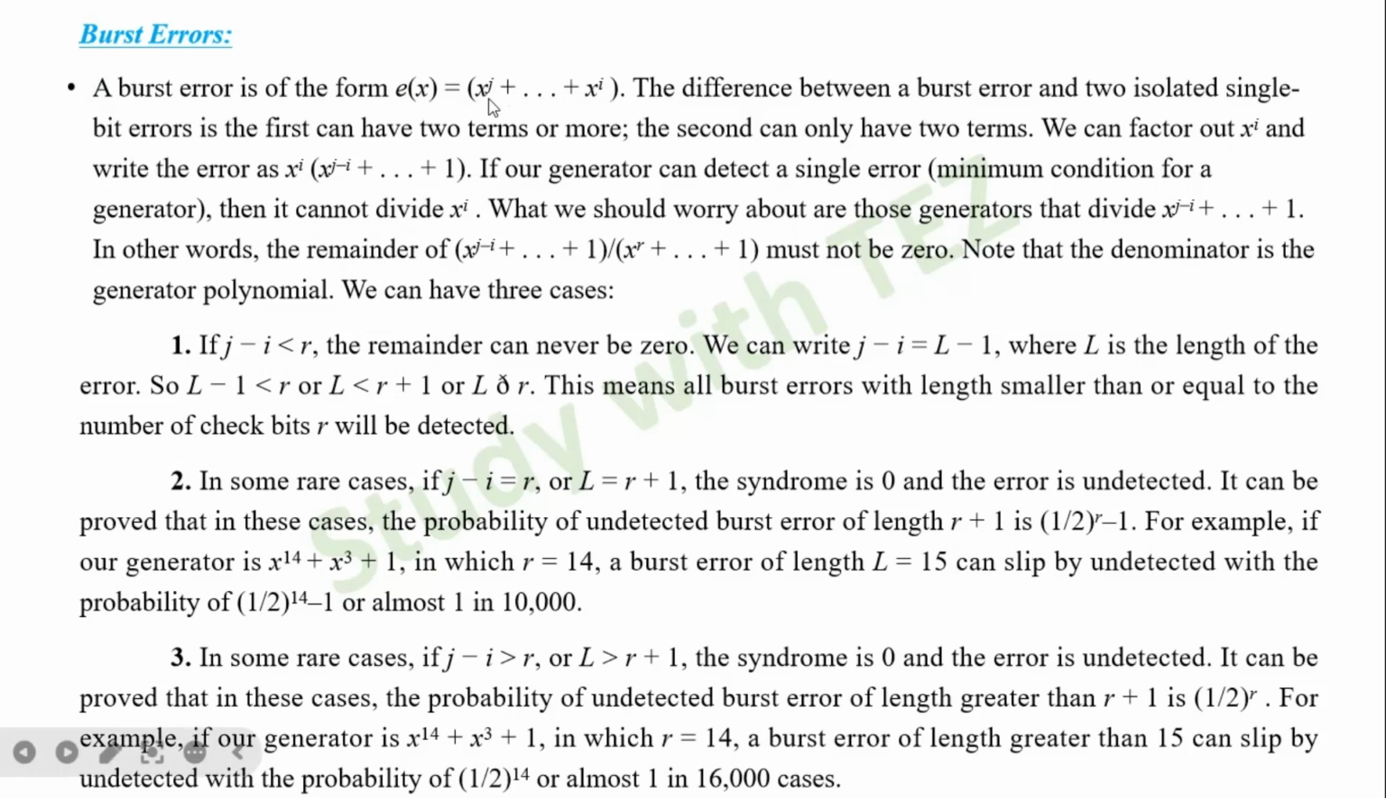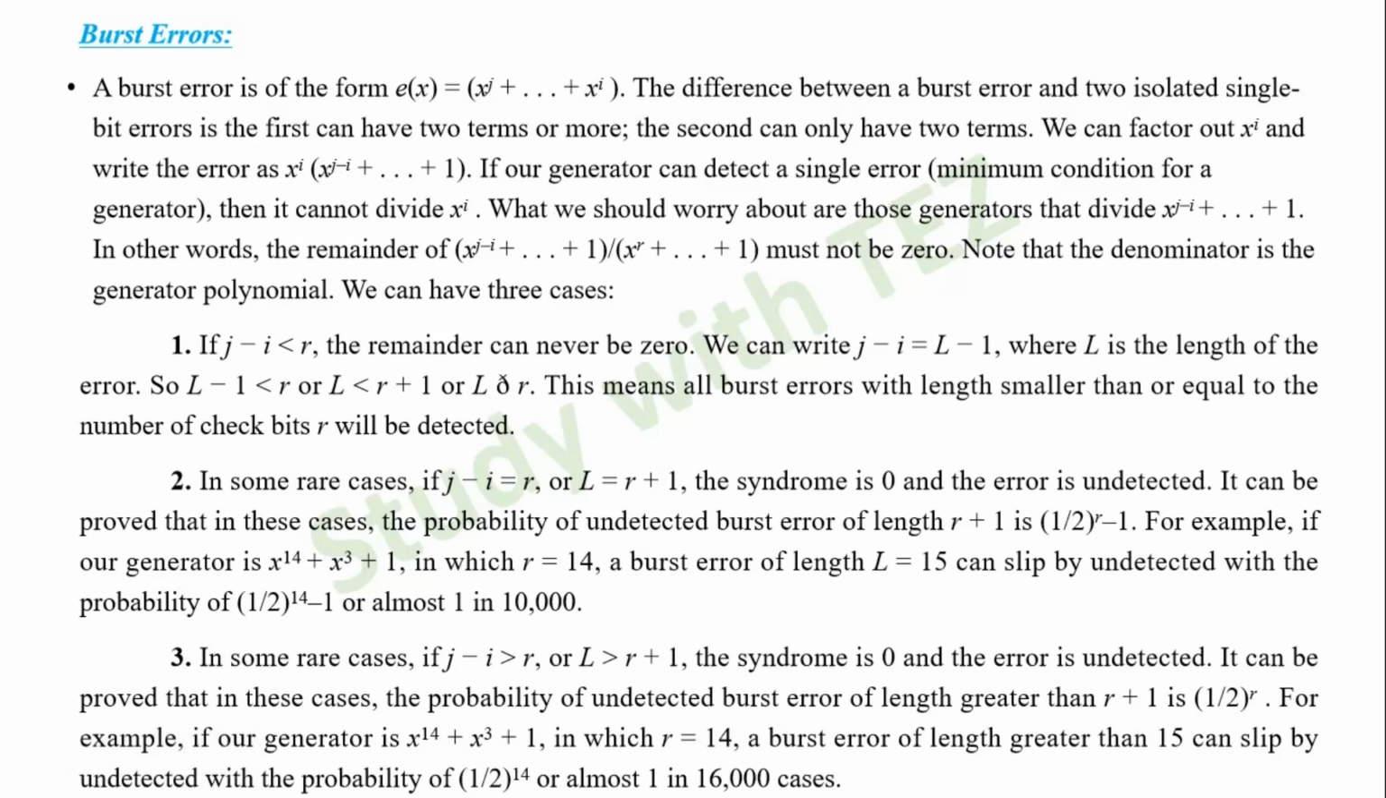Next, coming to burst errors. Here, there are so many errors in between. That is, the first error is at the position x to the power of j. In between, there are errors at different positions, and the last position is x to the power of i, and the difference between them is x to the power of j minus i. But what you have to know is, like the previous one I have said, in two isolated bit errors only two errors are there, but in burst errors, there are many other errors in between. So our generator should detect